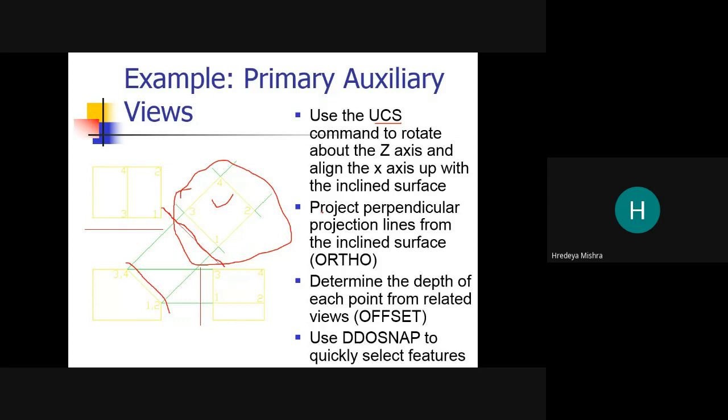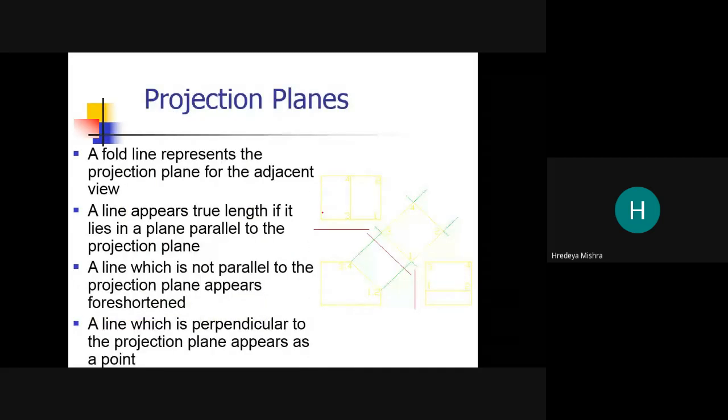Use Dido snap to quickly select the points. A fold line represents the projection plane for the adjacent view.